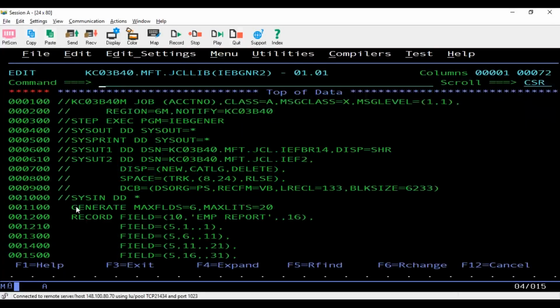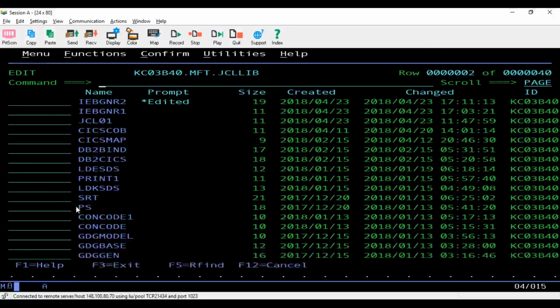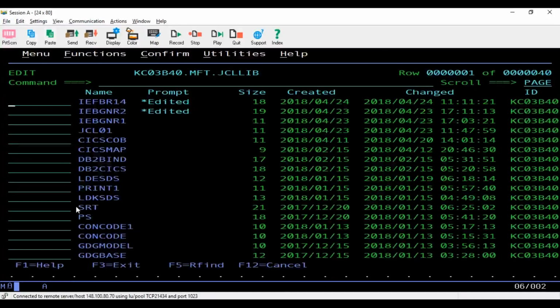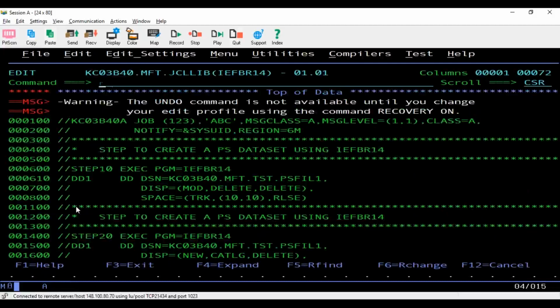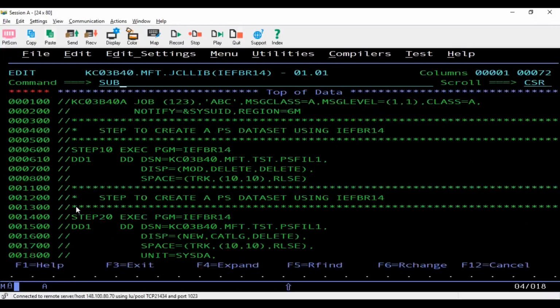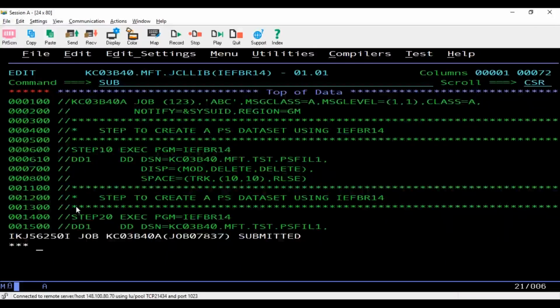The IEFBR14. So we want to see what happened there, right? Okay. It will again delete, it will again create. You want to see that, right? Okay, yes. That's fine. Now it will create anyway. Oh yeah, so this is the answer to your question,